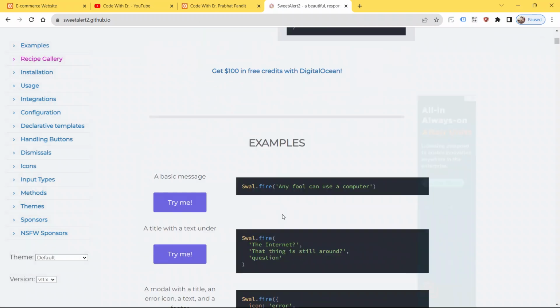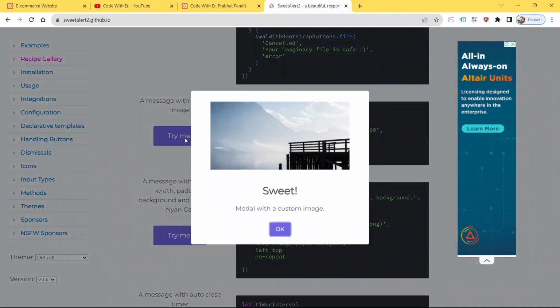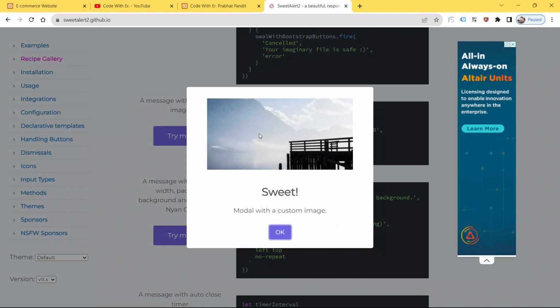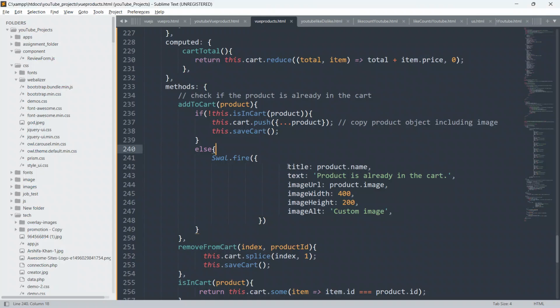So guys, just go down, and I'm going to use this alert. As you can see here, it contains an image, some text, and an OK button. I have copied this code from here, gone into my code and pasted it here, and I have taken this product.name and this product.image.